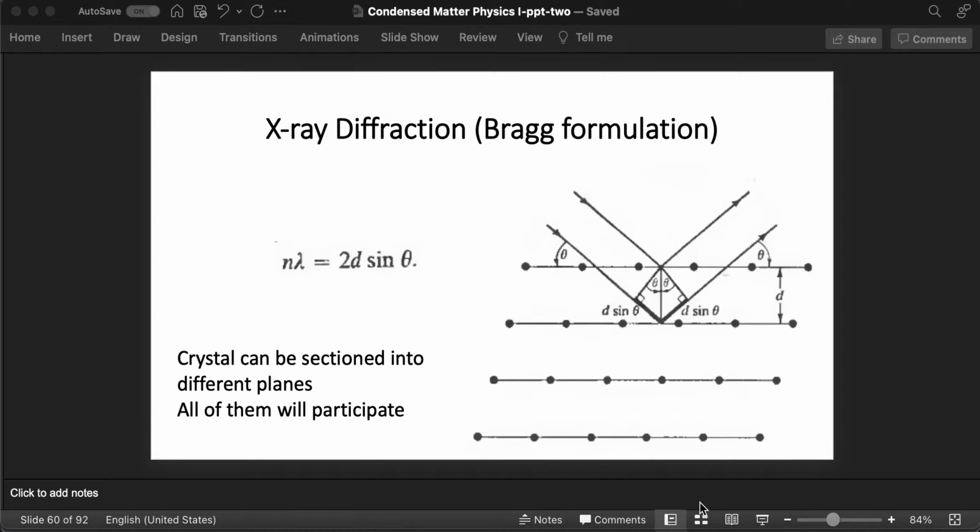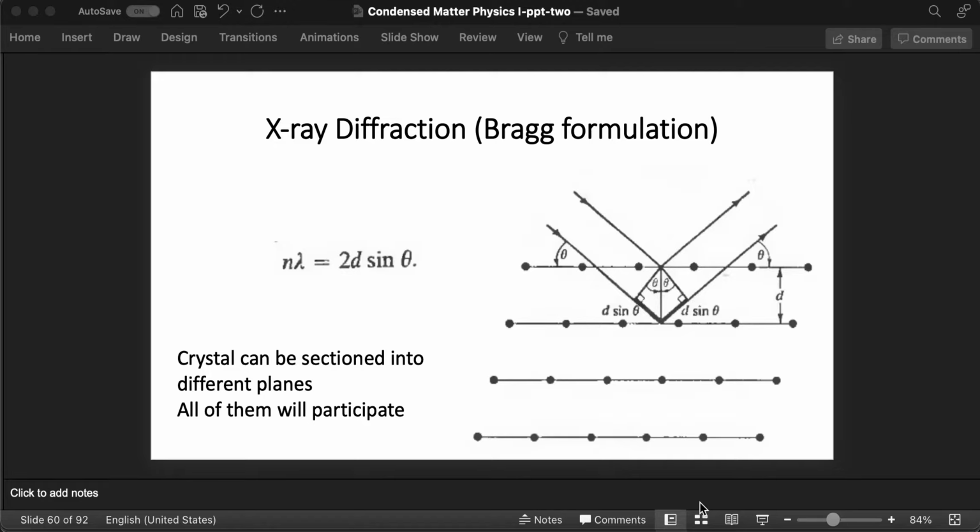In the previous videos, we talked about the basic properties of a Bravais lattice. So let's now see what happens when the Bravais lattice encounters a plane wave. There will be some kind of scattering, but what are the main properties of this scattering and what can we learn from it?